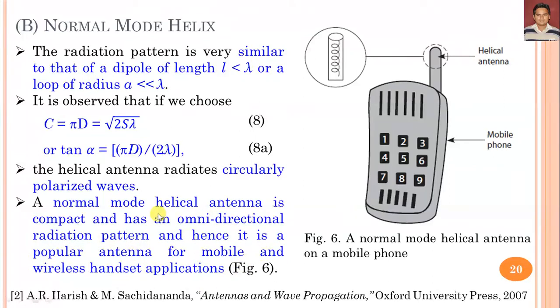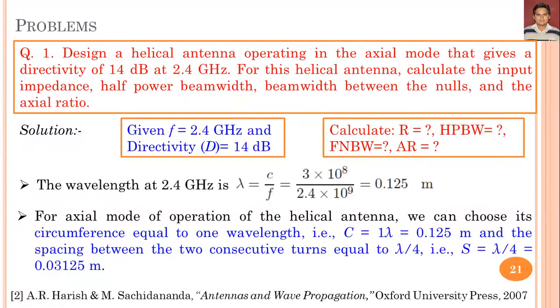So we can say this helical antenna is the most widely and most popular antenna that is being used in mobile communication systems or in wireless handset applications, as we have discussed in lecture 1 of this series. Then we are taking one problem based on an axial mode helical antenna, and the given parameter is the directivity,